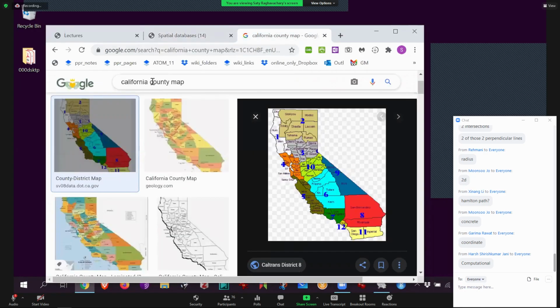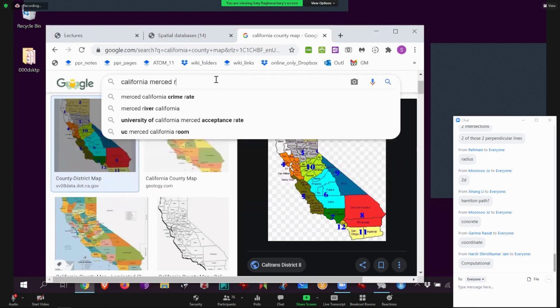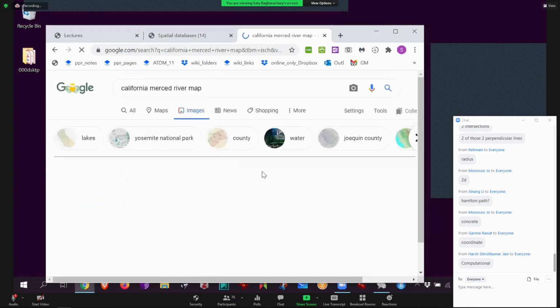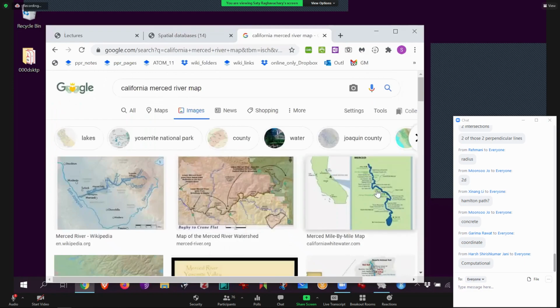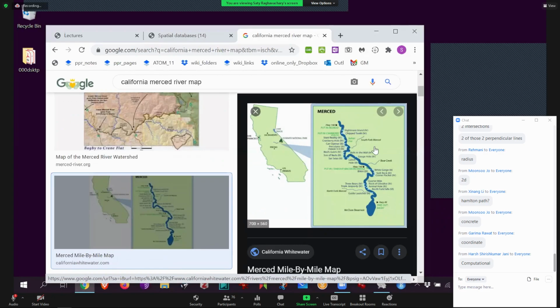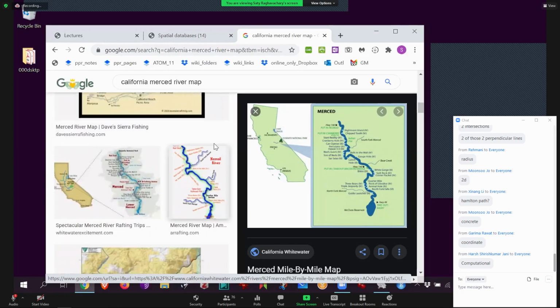Again, I'll just say California, I'll just say Merced map. Merced River, even the county, same map. And you'll actually see, so that is what it looks like. And so then the Merced River starts here, goes through a whole bunch of counties, okay? So we need to know the intersection of all the counties and then that one river, okay? That's what's so cool. How do you do that? Let me show you SQL for that.